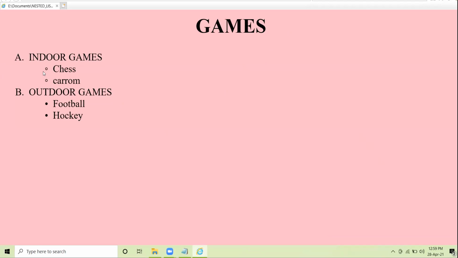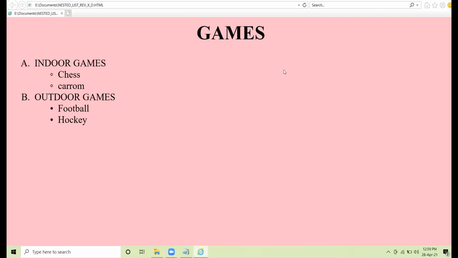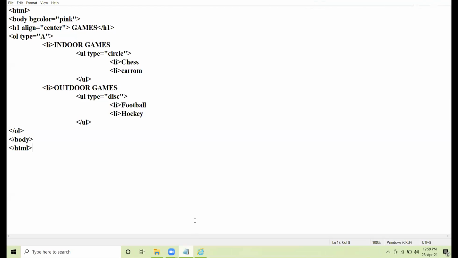It may happen that the unordered list is outside and the ordered list is inside. Any combination can come. So don't just fix onto one type of coding. The coding of a nested list depends upon the structure that you have been given. The way you have the structure, that is the way you have to write the coding. You have to carefully see which list is outer and which list is inside. Okay? I show the coding once again so that you can go through the concept minutely.